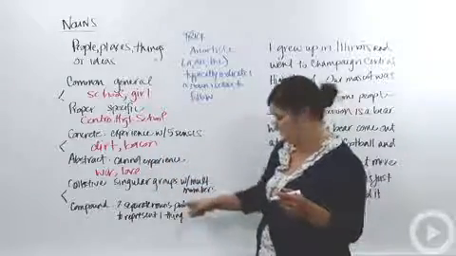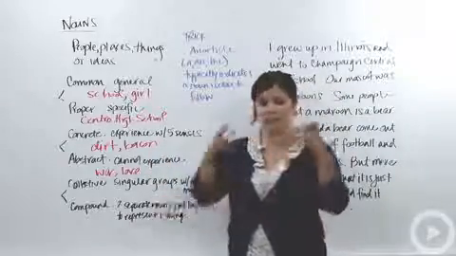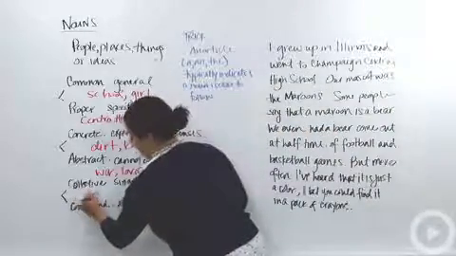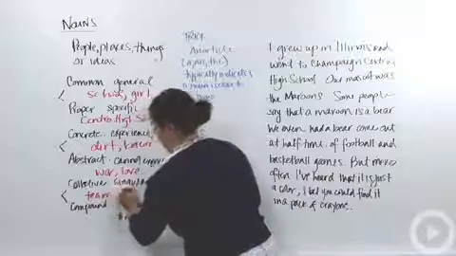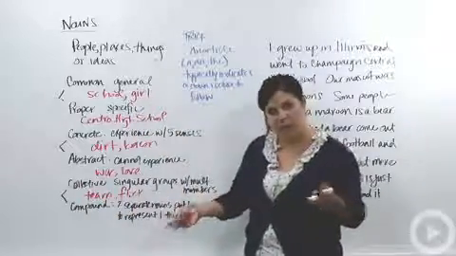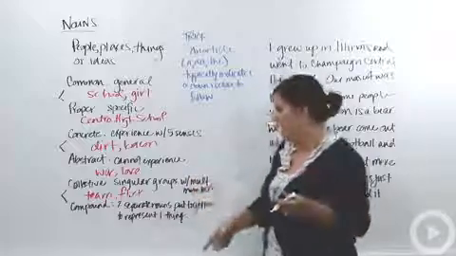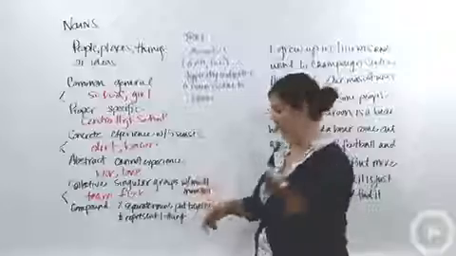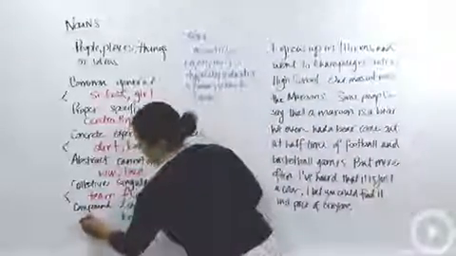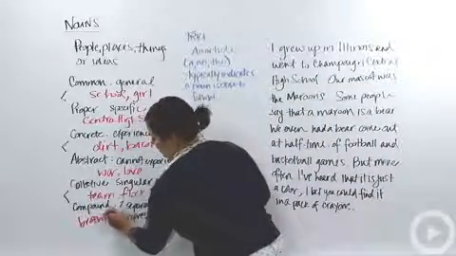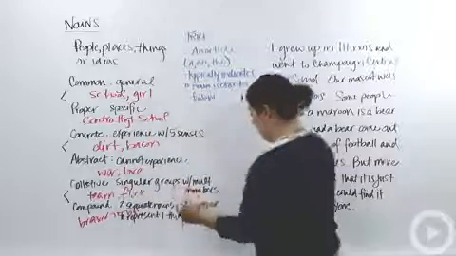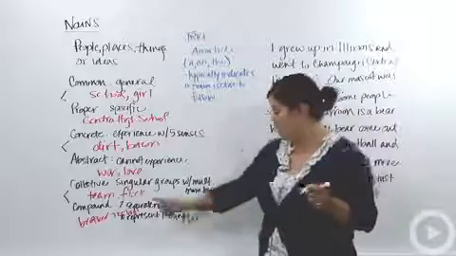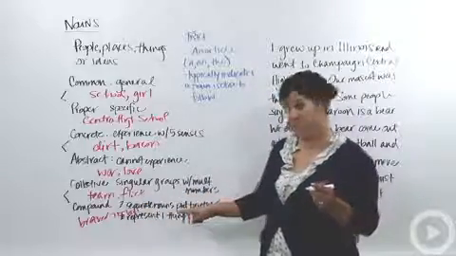And then our final set, and these are a little bit more difficult to identify, are collective nouns and compound nouns. Now, collective nouns are singular groups that have multiple members, things like a team or a flock, right? They're made up of multiple things, but we treat them as a singular entity. And then we also have compound nouns, where you put two nouns together to represent one thing. Something like a brother-in-law, or even a trash can. So these are things, they can be hyphenated or they can be just two nouns pulled together as well.